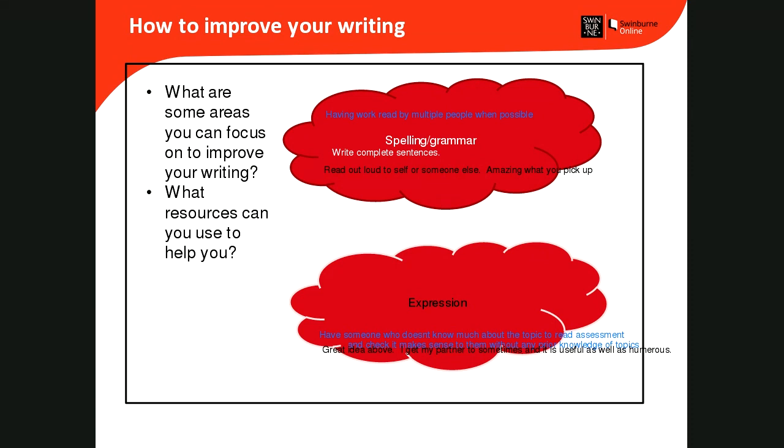Also consider no headings, no dot points. It's a formal essay, so it must be full paragraphs and full sentences. So if you find that you're running short of space, you can't just chuck in a couple of dot points and say, well, I would have liked to have spoken about all of these, but I didn't have space. That won't do you any favours. So make sure everything is in full sentences and full paragraphs.